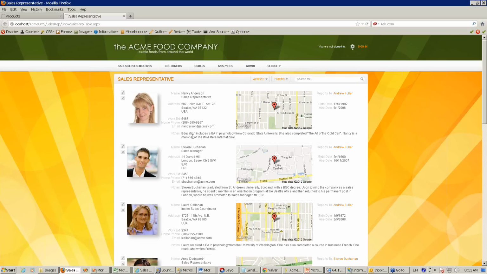For example, your logo, not necessarily the Acme Food Company, it might be your application, your company's logo, and very possibly your schema might not have these nice pictures and so on, but generally the look and feel will be very similar to what we see right now. But what if your company's, for example, corporate colors or corporate theme is different? What if you don't like certain images or certain colors? What if you want to have a different header? What do you do? Well, the answer to all these questions is you need to modify